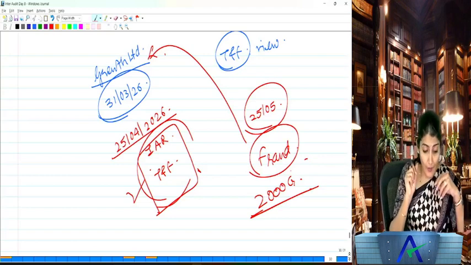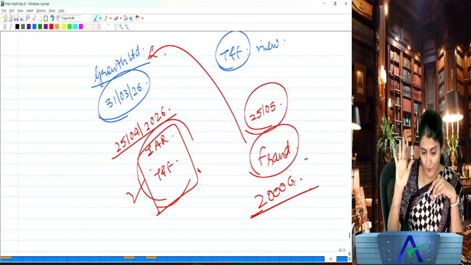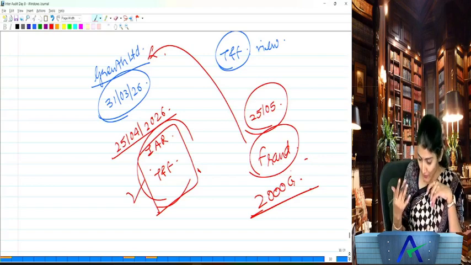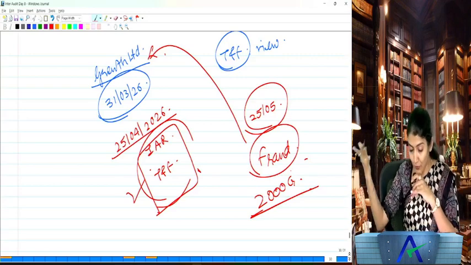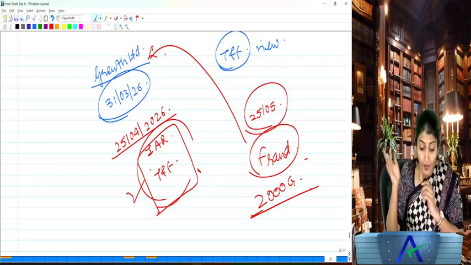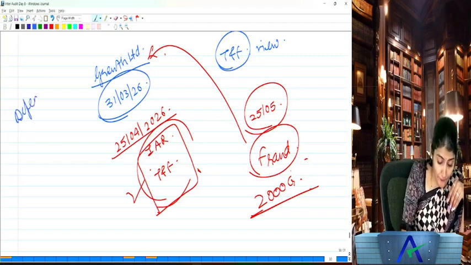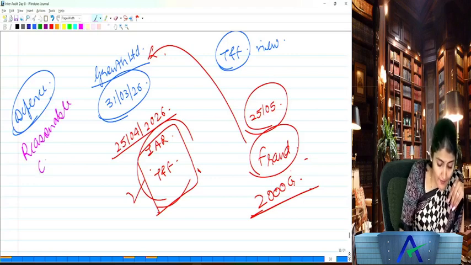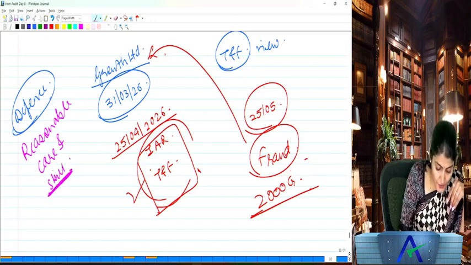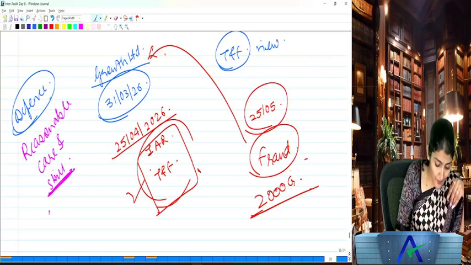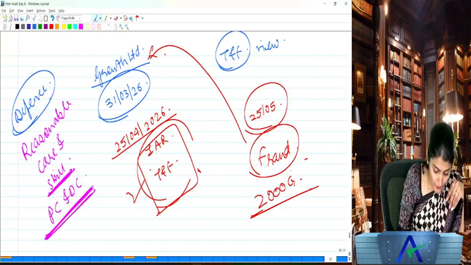Okay, now the auditor says, okay, fraud has happened. You say that I did the audit, I said true and fair, now a 2000 crore fraud happened. What is the defense of the auditor? What does the auditor need to prove? That whether he exercised reasonable care and skill in the performance of his duties. Right, whether the auditor exercised professional competence and due care.